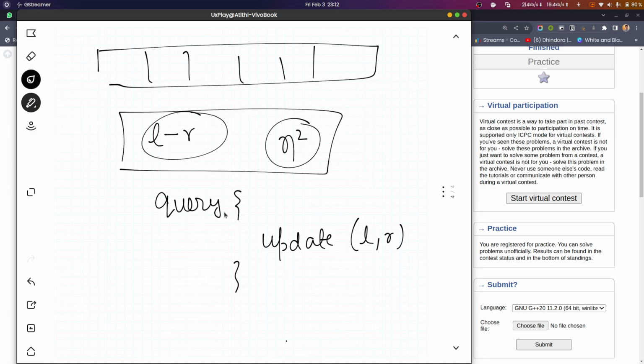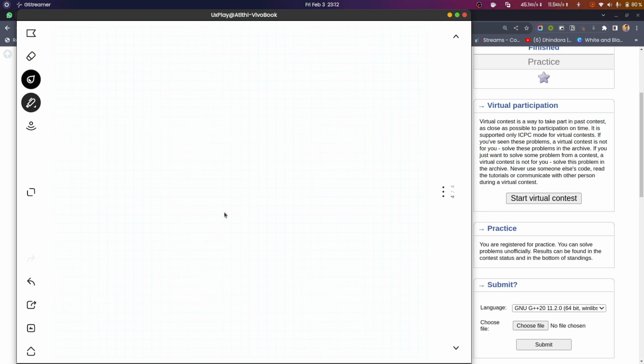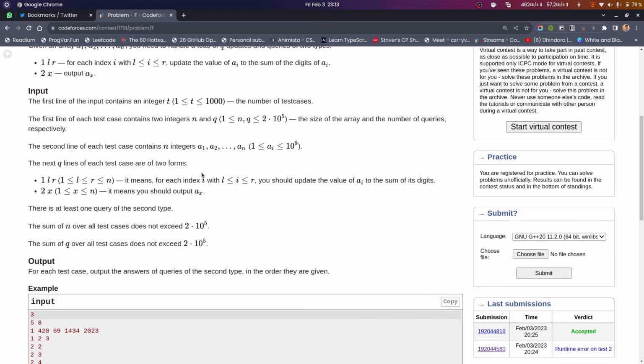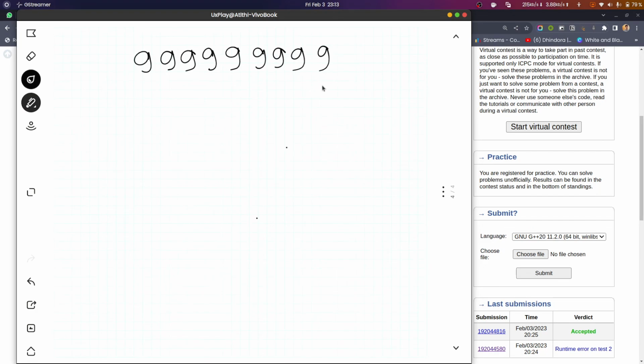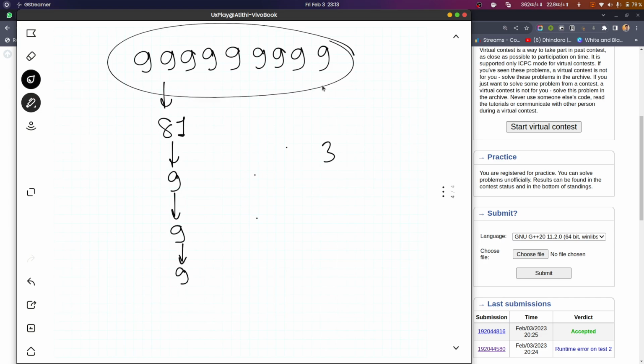So one thing you can observe is that even if my number is very big, like 999999999, okay, this is the biggest number possible here, because it has been given that it will be less than 10 to the power 9. After one operation it will boil down to 81, after the second operation it will become 9, and no matter how many more times we operate on it, it will stay 9. So basically, for any number, at most 3 to 4 times we need to do the operation on it. We do not need to operate on that number multiple times.